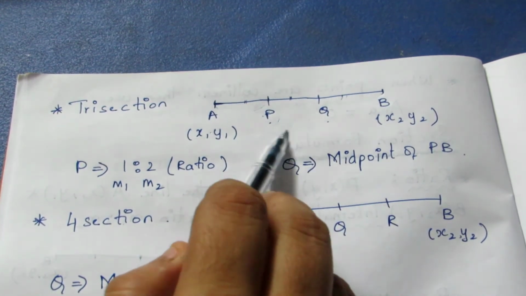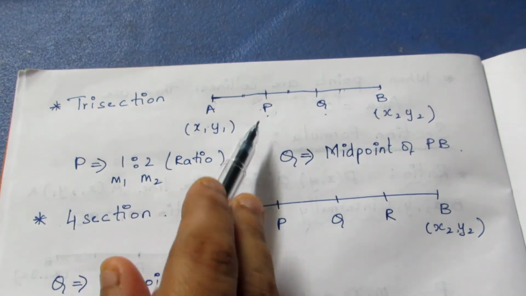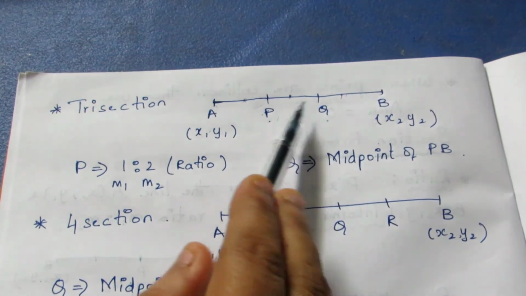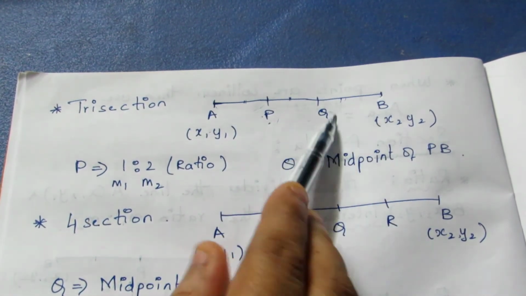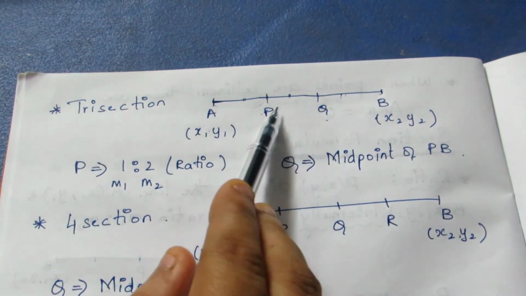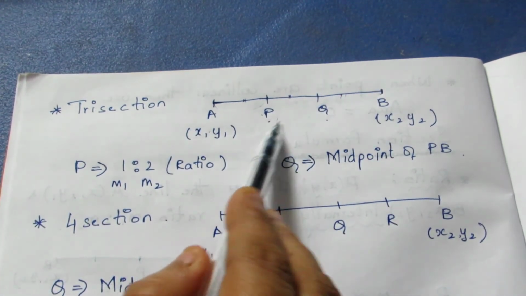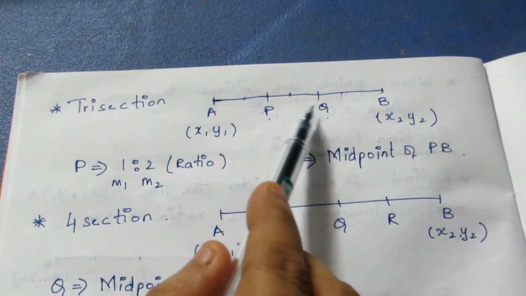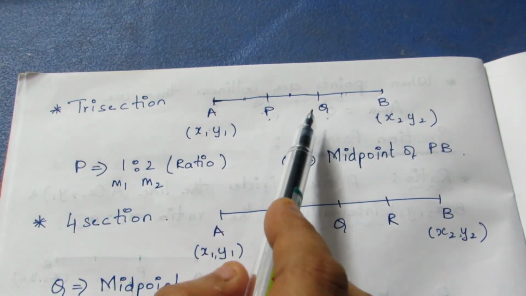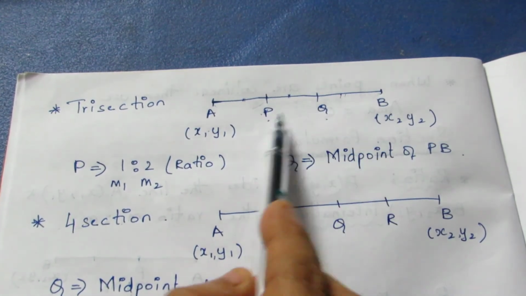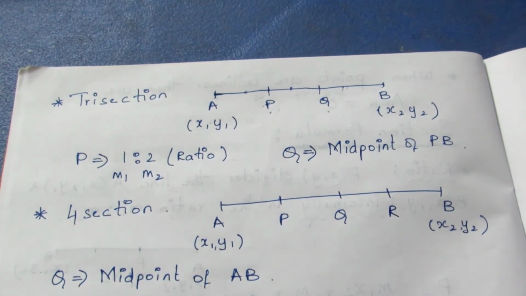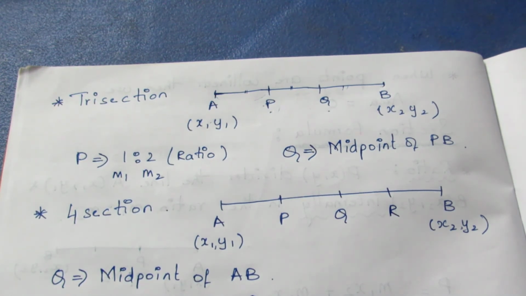If we find P by using this ratio, as we know, in between P and B is your Q. So Q is the midpoint of P and B. Using the P and B values, we can find the midpoint of P and B, which is Q. So for Q, you can directly go with the midpoint of P and B if we found P first. So it is very easy. Otherwise, we can also use the ratio formula as 2 is to 1 for Q.